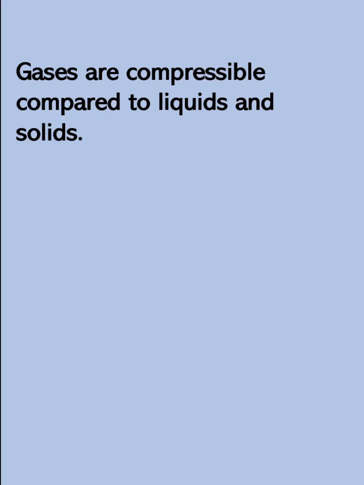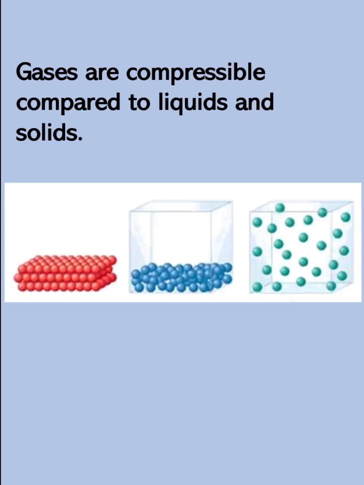For example, if you have a balloon, you can still compress the gases into a much smaller space or a much smaller volume. And we can explain this using the particle model. As you see here, the particles of gases are far apart from each other. So I can still compress this one into this because these particles can still go into the spaces between the